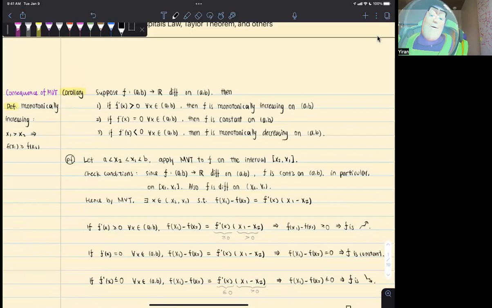And here I mean strictly monotonically increasing on (a, b). And if the derivative at x is equal to 0, then f is constant on (a, b). And if the derivative of f on (a, b) is smaller than 0, then f is monotonically decreasing. Sorry, I feel like I did not state the statement in a very clear way. So what I mean